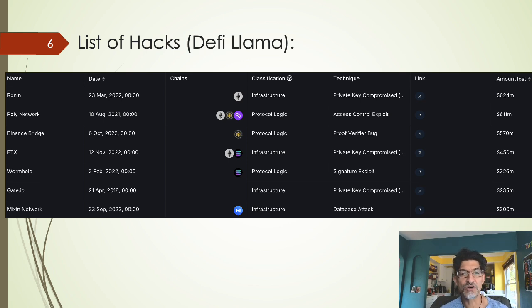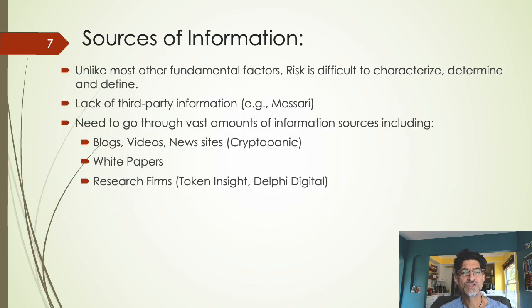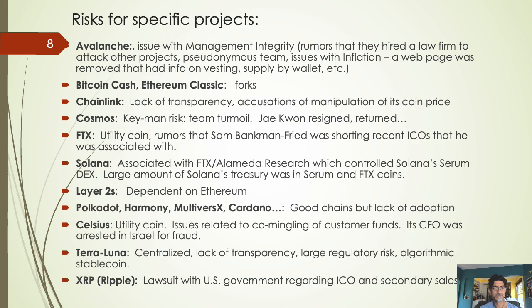Polkadot's not here. Polkadot also got hacked when it first went public, when it ICO'd. So, sources of information: you can read this on your own. These are the typical sources of information on idiosyncratic risk. I think out of all of these, the best ones are some you have to pay for, like Messari, Delphi Digital, Token Insight, Crypto EQ, and where else? And you can even look at blogs.